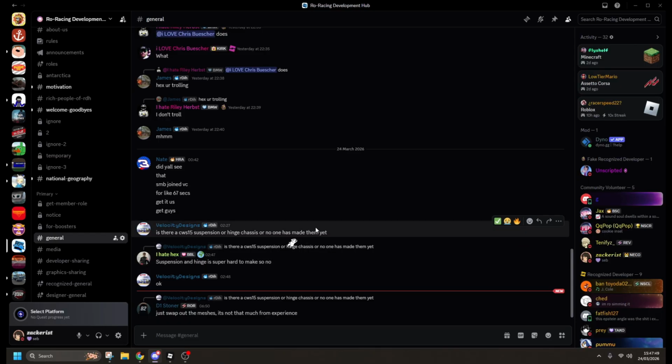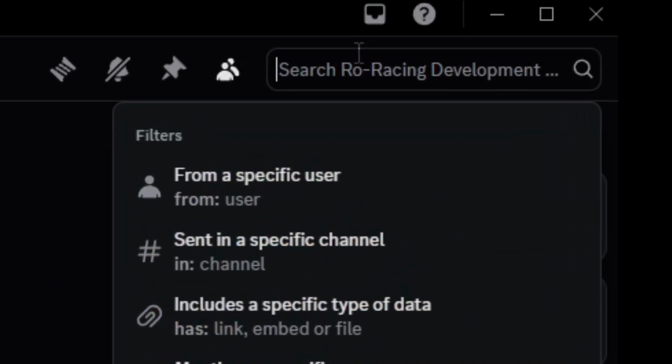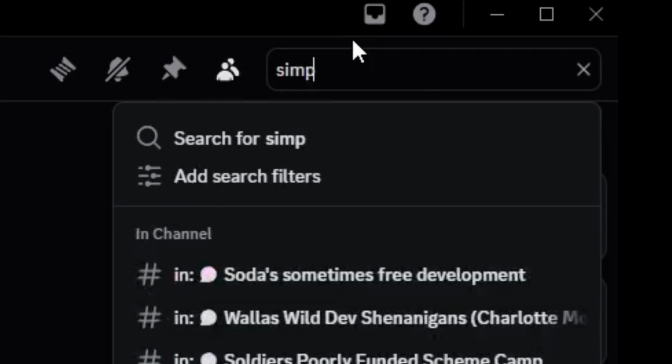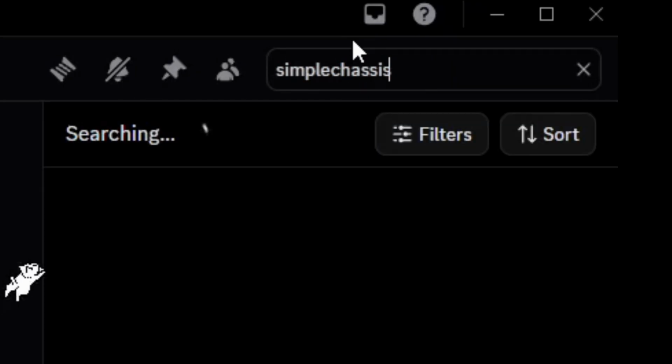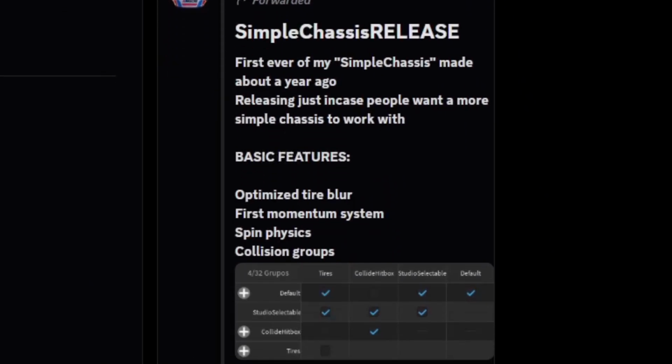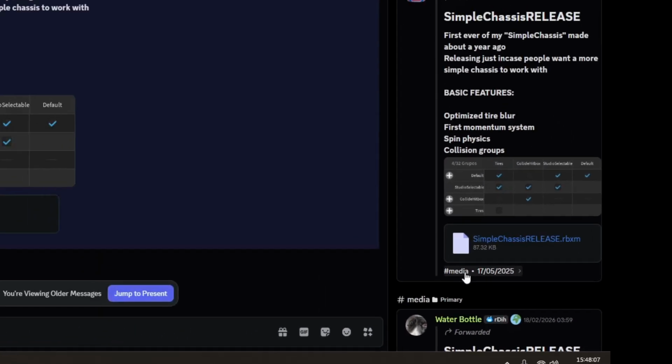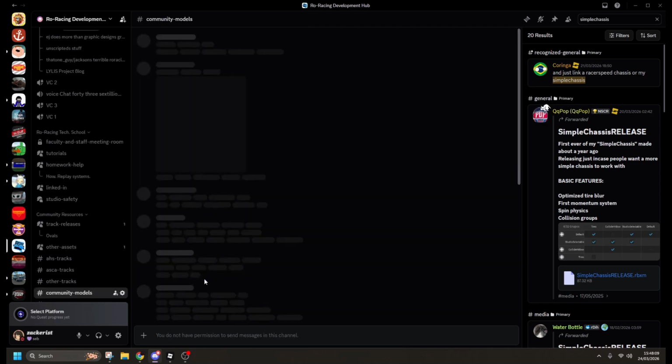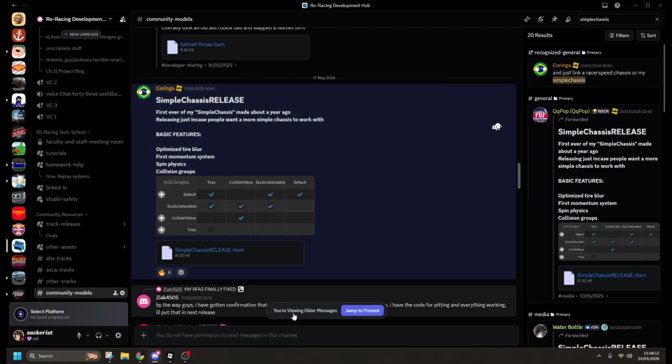Alright, first of all, what you want is the simple chassis made by Coringa123, or whatever his username is, my fault, Core. So you go to the search bar, type simple chassis, and it pops forward. You click that and click community models. This is the simple chassis release. Now you're gonna download that,